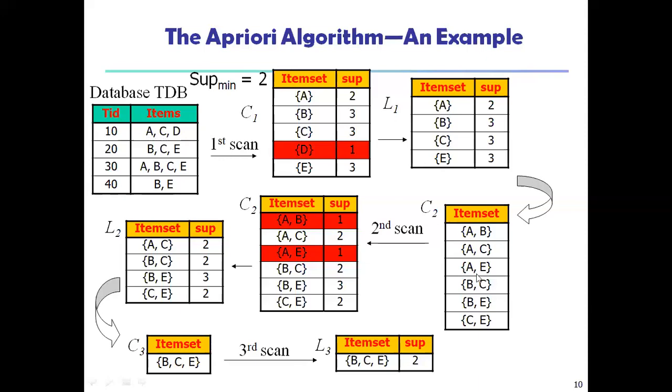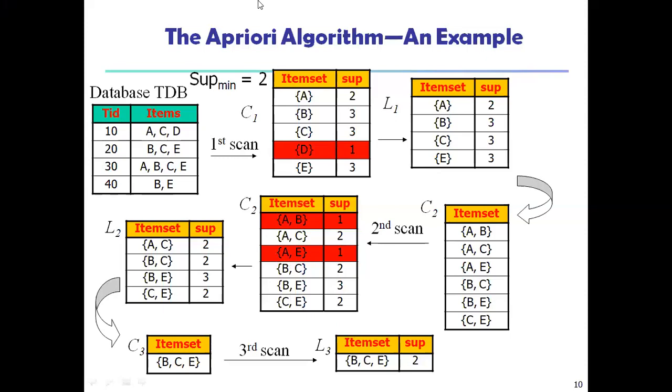For the next combination AE, here AE happened only once, so I'm writing AE as 1. Similarly for BC, here 1, 2, so I'm taking the value as 2. For BE, here 1, here 2, here 3, so the BE value is 3. The next combination is CE. CE is 1 and then twice, so the CE value is 2.